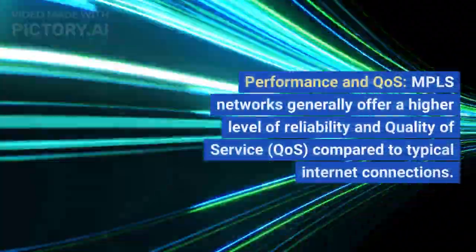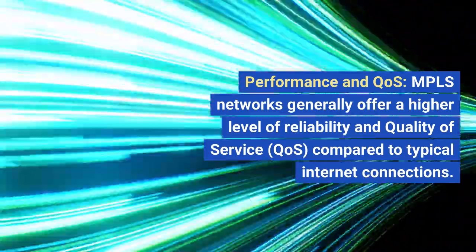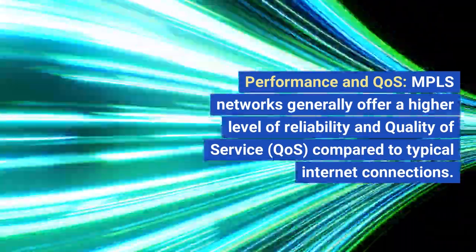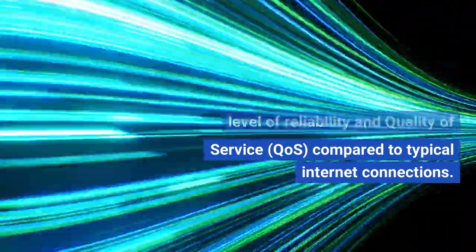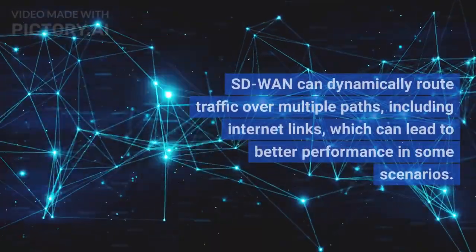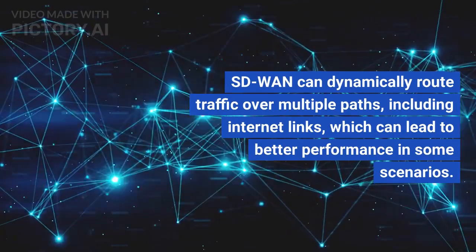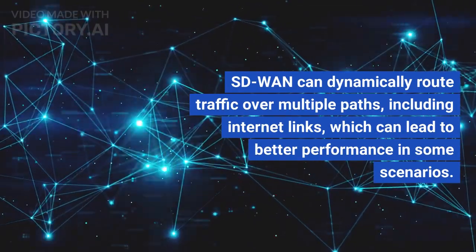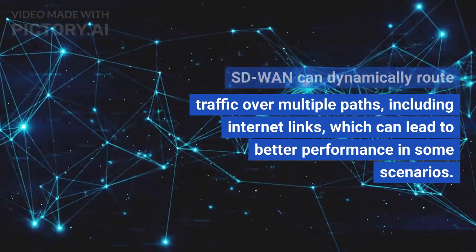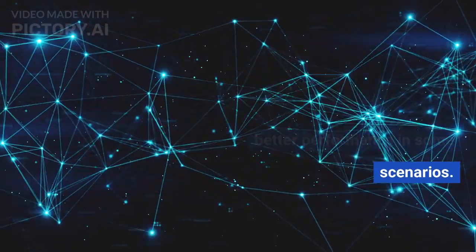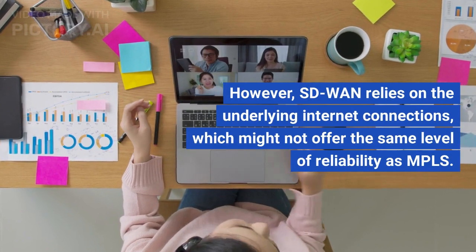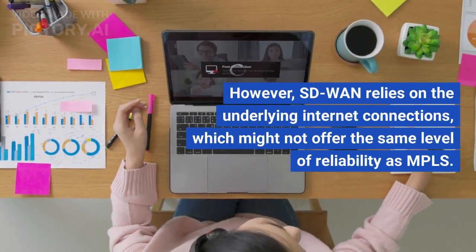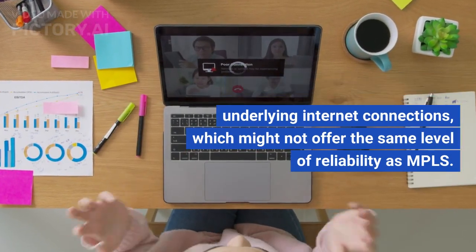Performance and QoS. MPLS networks generally offer a higher level of reliability and quality of service (QoS) compared to typical internet connections. SD-WAN can dynamically route traffic over multiple paths, including internet links, which can lead to better performance in some scenarios. However, SD-WAN relies on the underlying internet connections, which might not offer the same level of reliability as